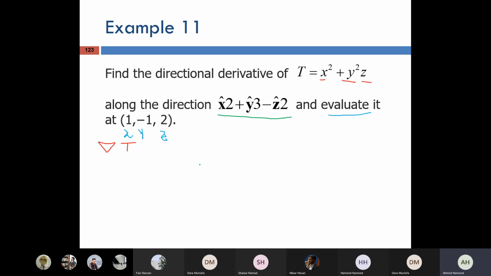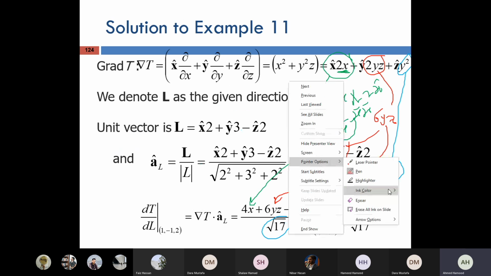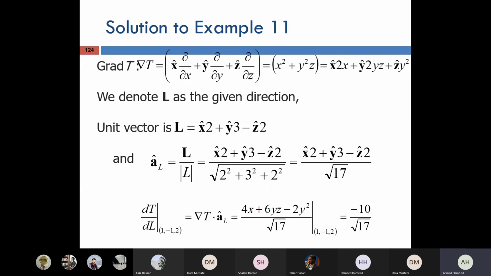So we have to evaluate it. Once I reach here, I will evaluate it. Let's just remove and evaluate it. So 4 multiplying by 1, y1 here, this is x, this is y, this is z, okay, plus 6 multiplying by negative 1 and 2, and negative y is negative 2, negative 1 square, sorry, I forgot to write 2 here, okay. What will happen? So it is equal to